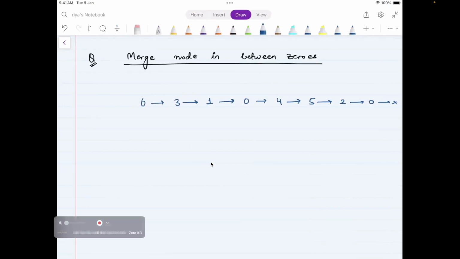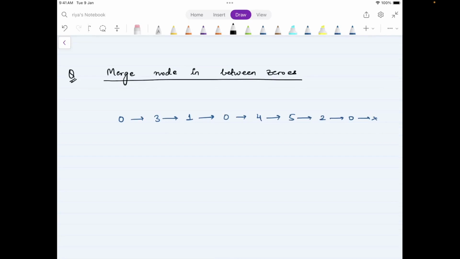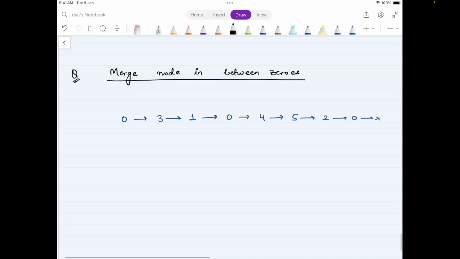Okay, and over here what I will do is, first of all, I will add a dummy node. Because the dummy node will help us tackle the scenario where the list could actually be empty, right? So I will have a new list over here with the value initially 0 in it, right? And this is going to be the new head.